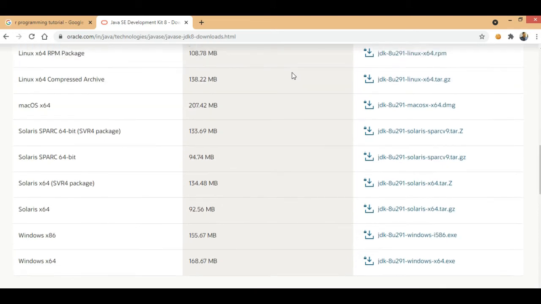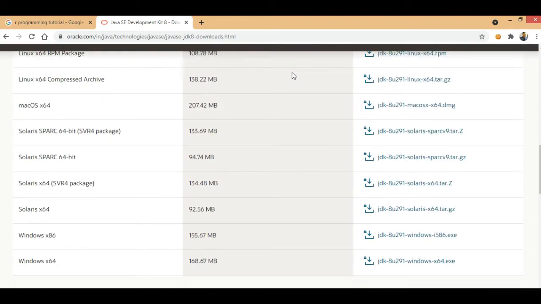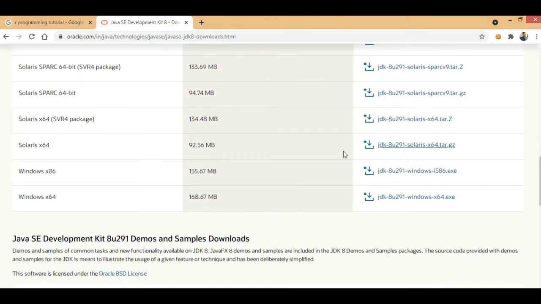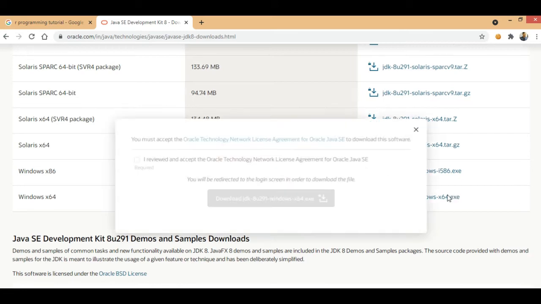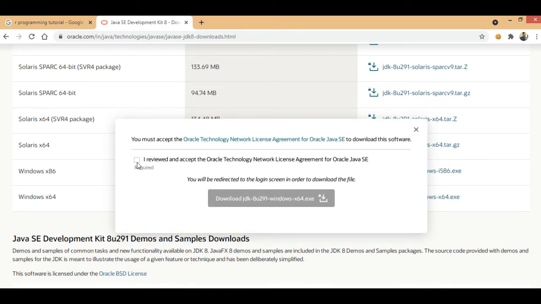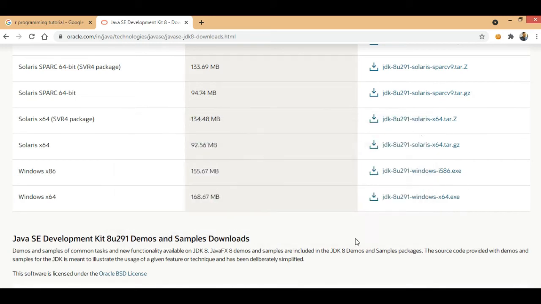For a specific operating system, here are some links. I'm using the Windows operating system with 64-bit, so I'll use this. This is the exe file of JDK. I have already downloaded it, so there is no need to download again, but if you are using it for the first time, then you have to download it by using this link. Now